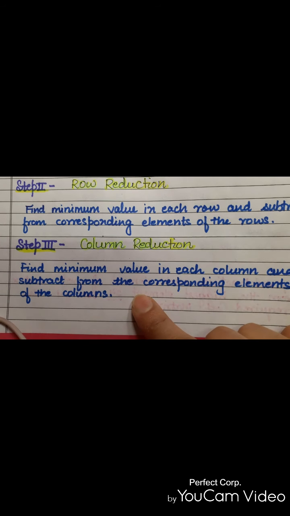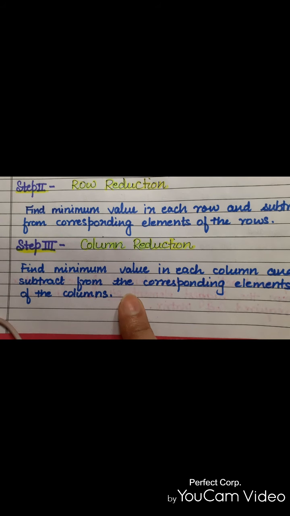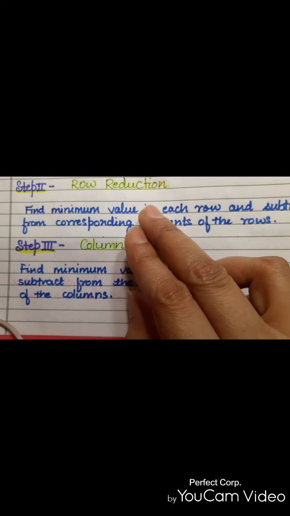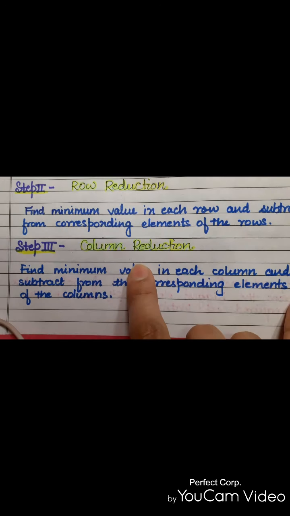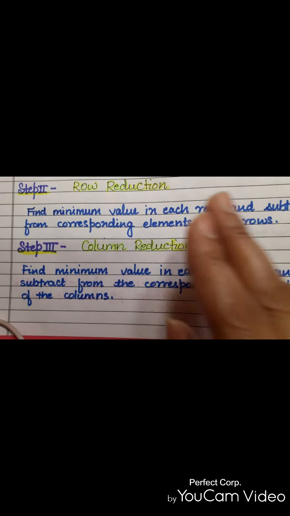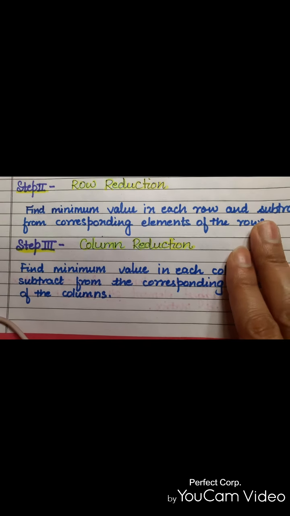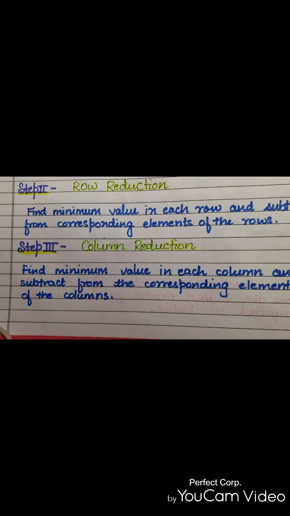While doing that, we neglect signs in assignment problems, that means minus and plus. We don't use such signs while solving assignment problems. We just need to find the difference between the values. Whether you are doing the row reduction or the column reduction, you just have to find the minimum value and calculate the difference of all the corresponding elements from that minimum value. So the plus or minus sign is not considered here.